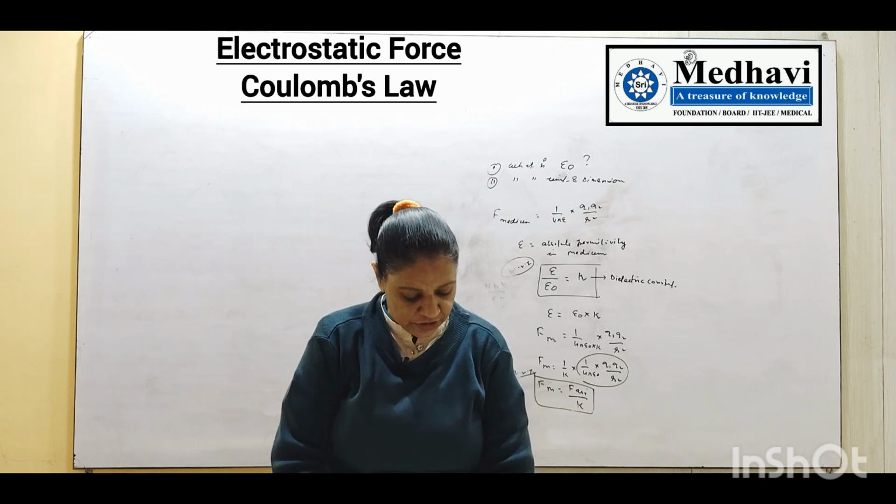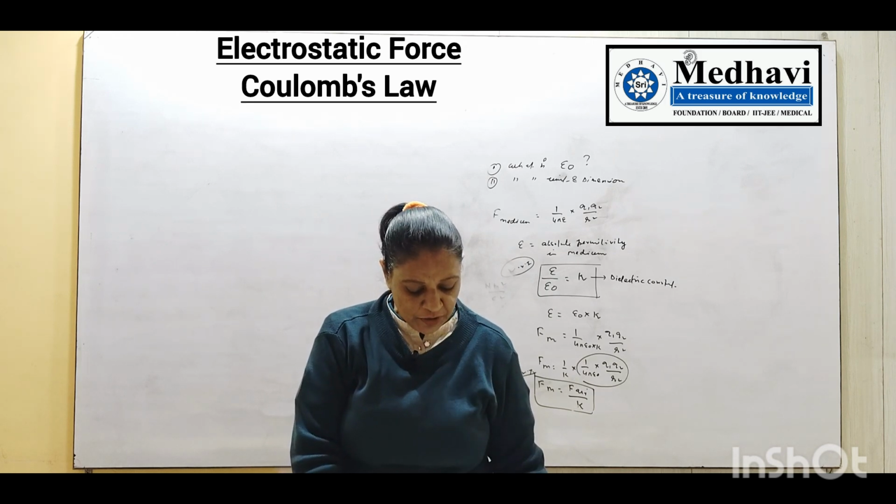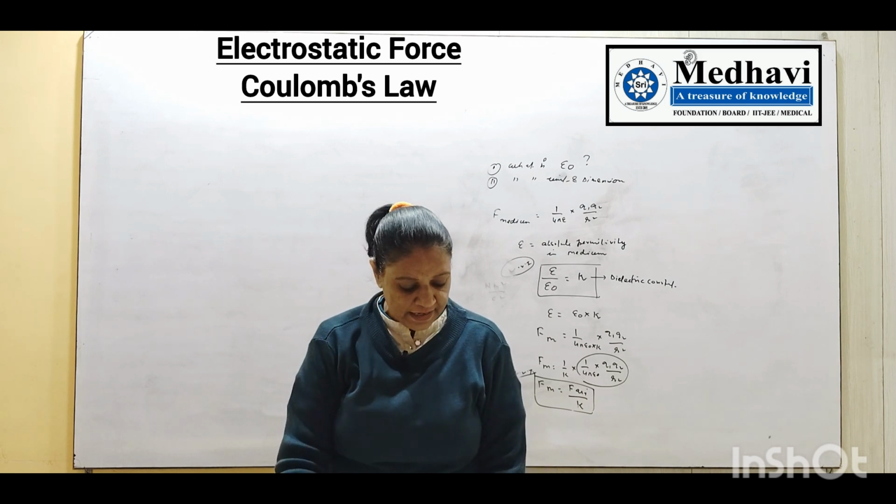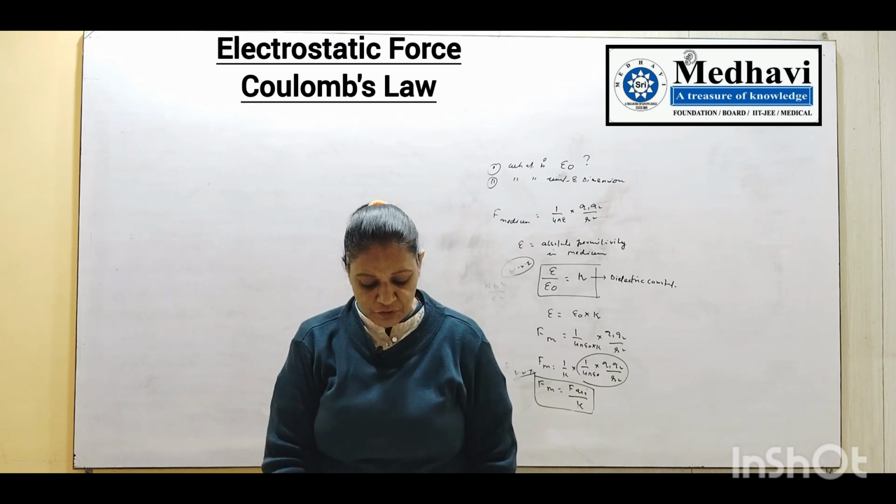So the question is, what is the force between two small charged spheres having charges of 2 into 10 to the power minus 7 coulomb